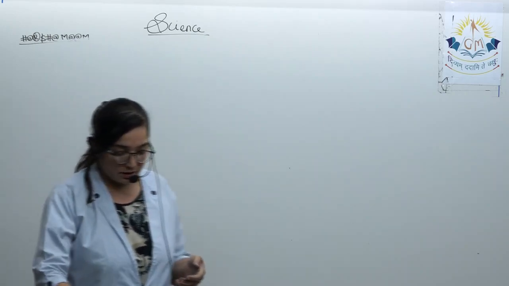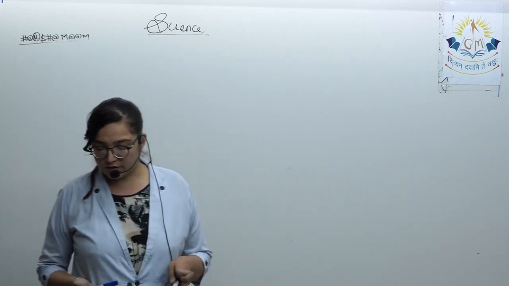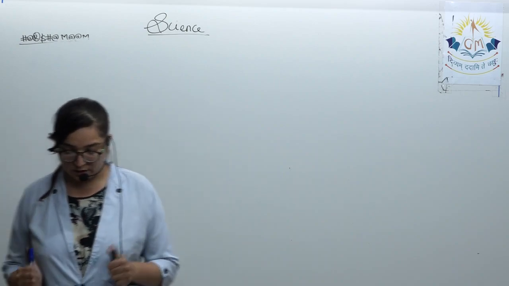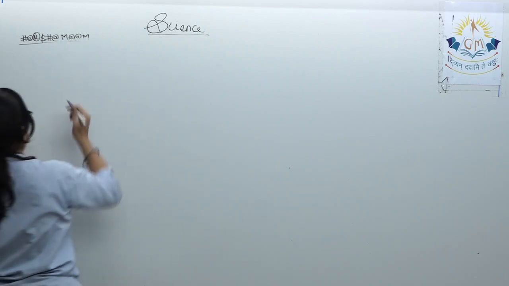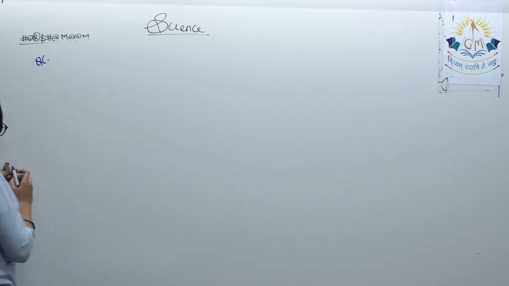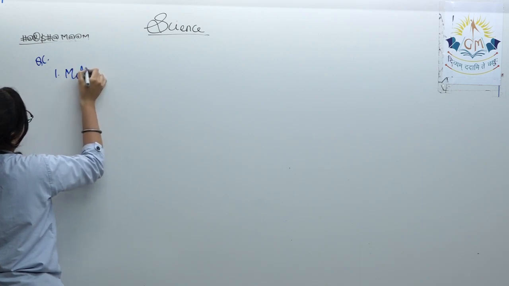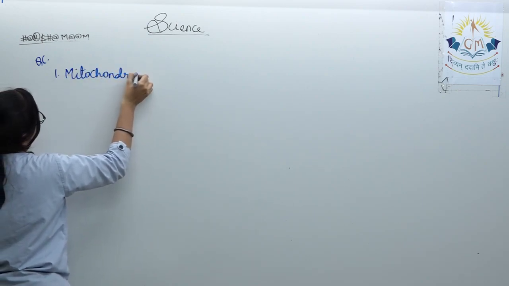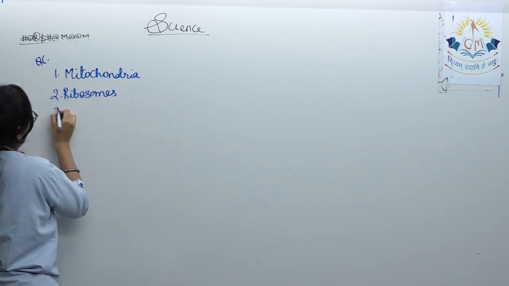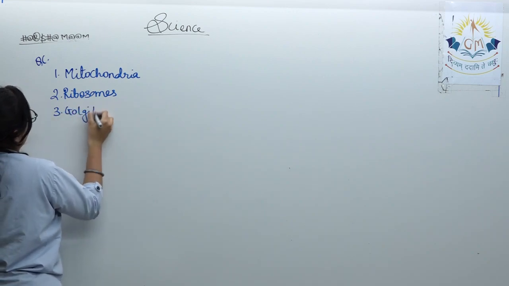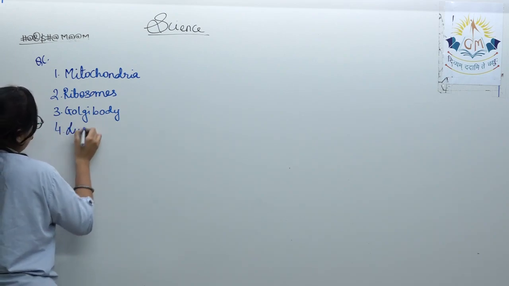Okay, so let's move further. Long answers. Here they have said, name various organelles which are present in the cytoplasm of a cell. So question C, you just have to name the organelles. Very first one is mitochondria, ribosomes, Golgi body, then lysosomes,